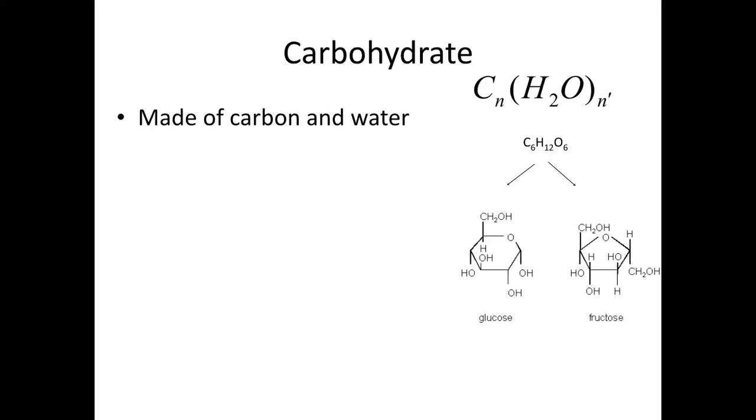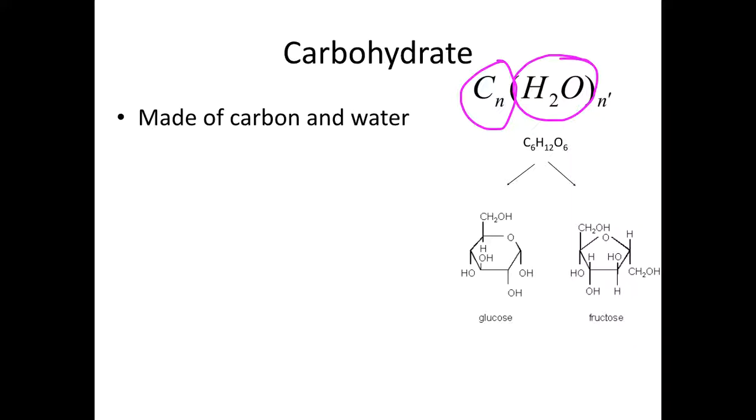They're made of carbon and water. The essential formulation for all carbohydrates is we've got one carbon for every water. Hydrate meaning water. And so whether you've got 3 carbons or 5 carbons or 6 carbons or 54 carbons, there's going to be an equal number of water equivalents, or twice as many hydrogens and the same number of oxygens.